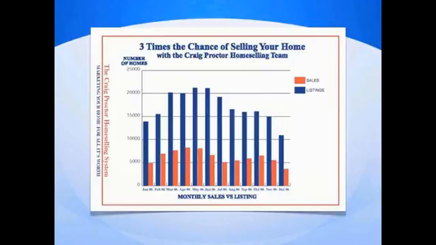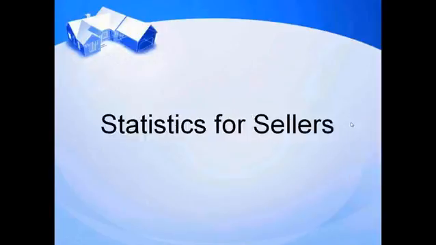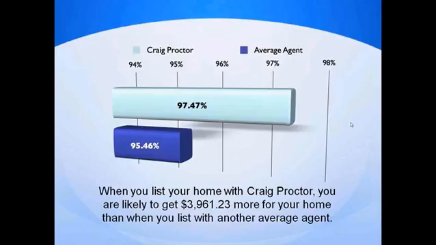So let's have a look at your individual track record, or my individual track record. When I'm meeting with the seller, I might use this in my marketing to get sellers to contact me. I'm definitely going to use this information in my listing presentation. I determined, when I did the research, that my listings were selling for 97.47% of the seller's asking price, but the board average was 95.46%. So my homes on average were selling for almost $4,000 more, or $4,000 closer to the asking price, than my competitors. That's good information that you want to share with the seller.